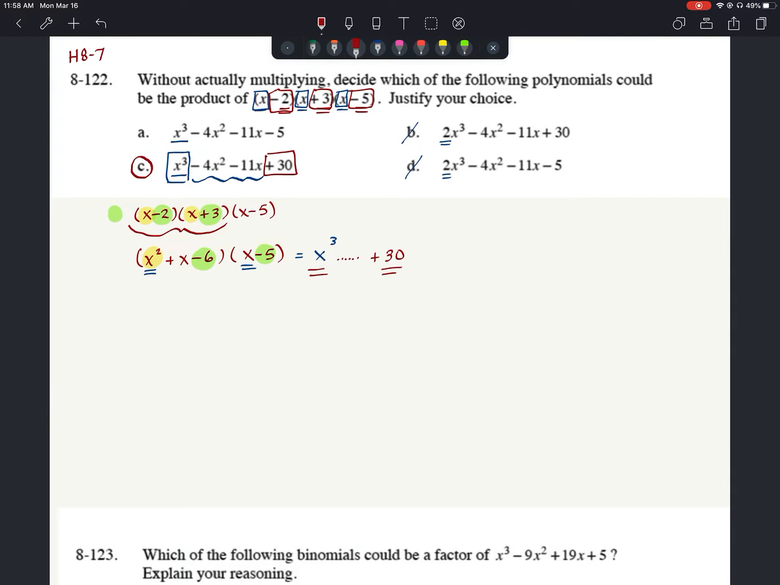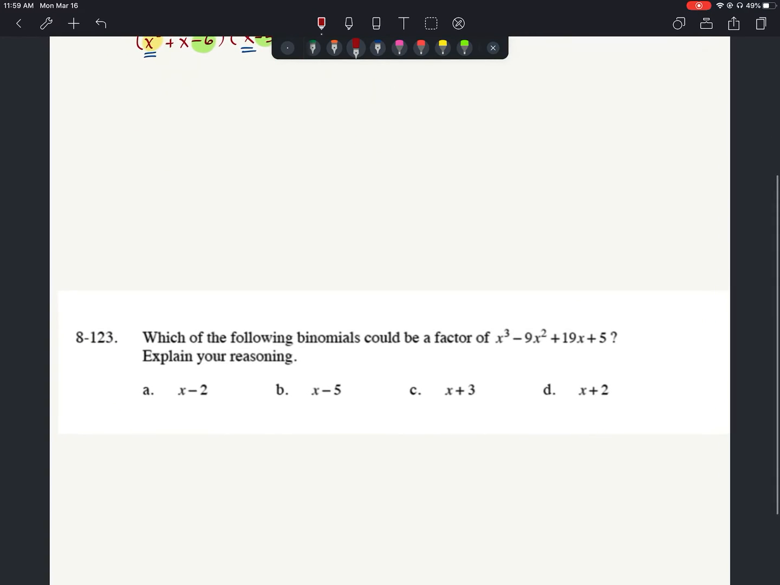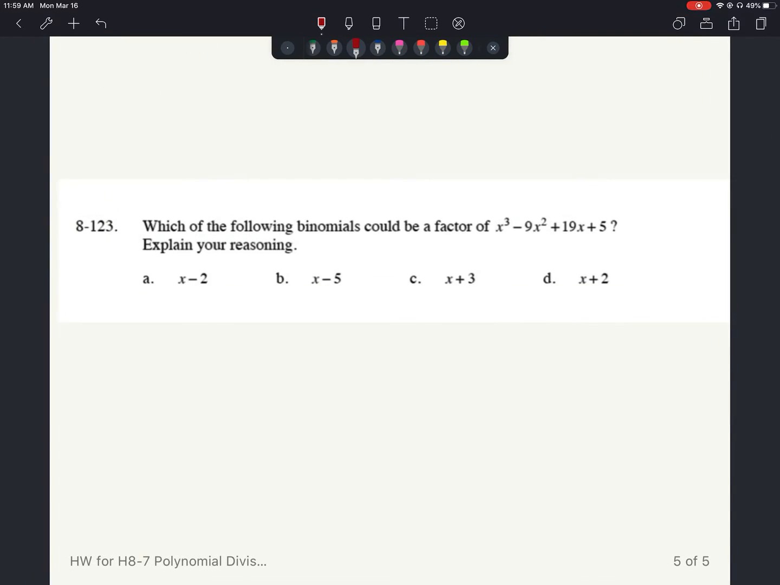Okay, so how's this going to help us? Well, let's look now at 8-123. It says, which of the following binomials could be a factor of x to the third minus 9x squared plus 19x plus 5? Explain your reasoning. If we were multiplying three binomials together and trying to end up with this x to the third minus 9x squared plus 19x plus 5,